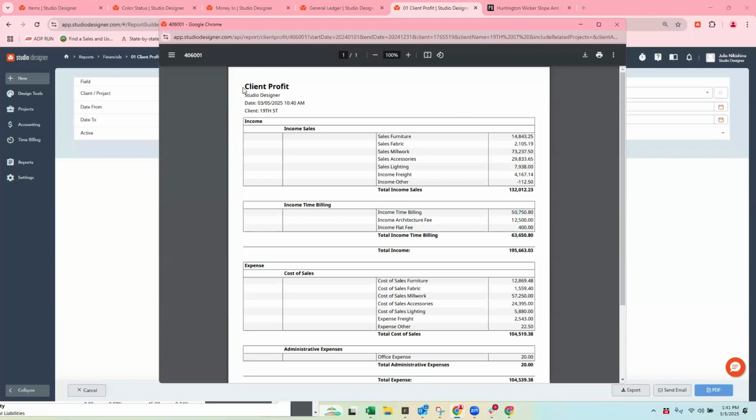But now from a client perspective, I'm able to go in and say, okay, how much money did I generate in each of my sales categories for this particular client? And then you want to understand, did you do a good job, right? Here's your cost of sales furniture. Here's your sales furniture. You actually didn't do a great job. You didn't mark up that much. So what happened? So this is a different view than the project worksheet profit, which we'll look at as well.